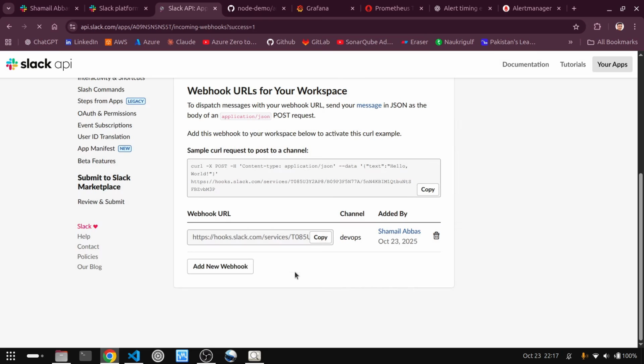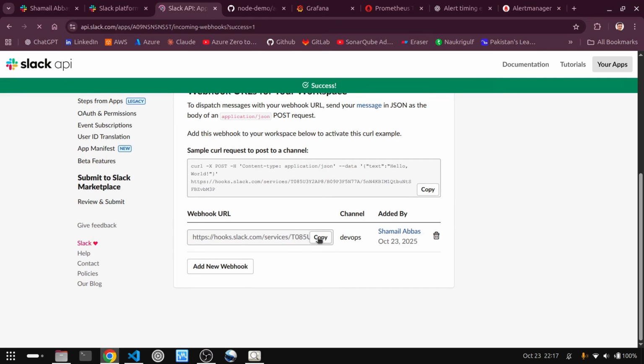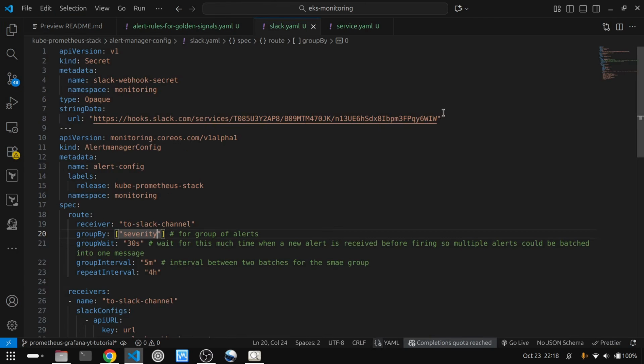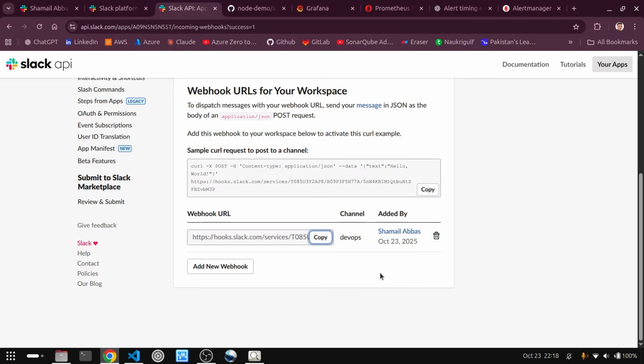This way you get this URL, and you just copy this URL, and then you have to replace it here. This way you have your Slack webhook where your alert manager will be able to push those notifications, right? So this is how you create this